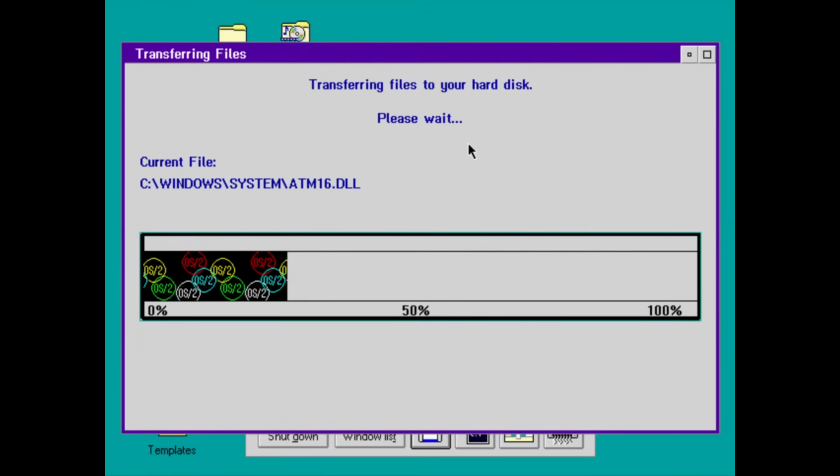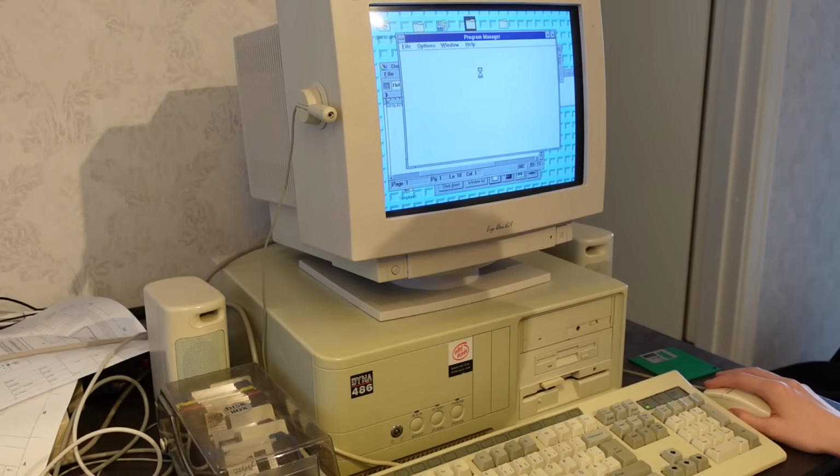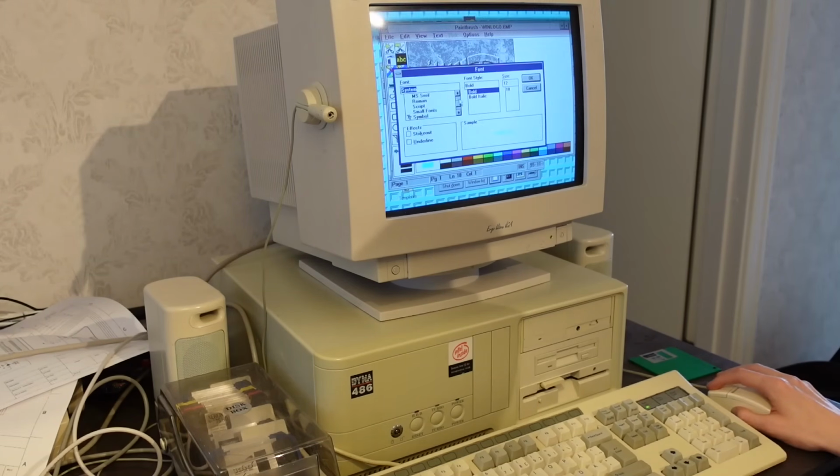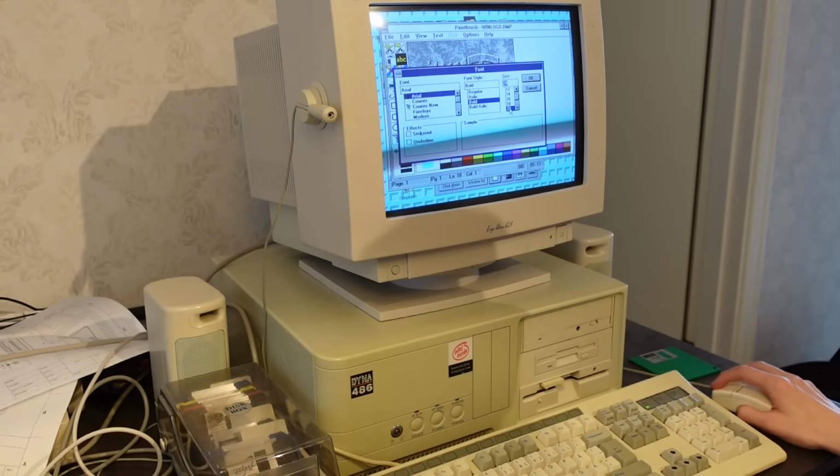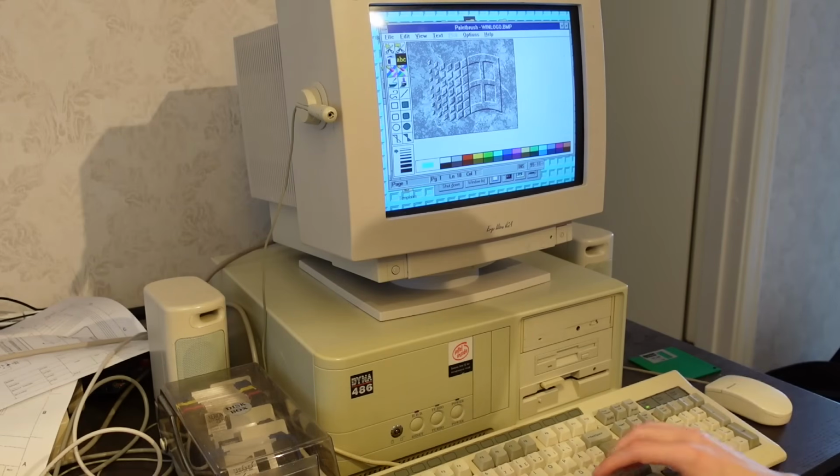OS/2 will then do things to this installation. Afterwards, you can start up Program Manager as a window inside the OS/2 workspace. I was able to get sound working in Windows by installing Sound Blaster Pro drivers via the control panel. The fact that Windows drivers somewhat work in this setup tells me that WinOS2 is bolting Windows onto OS/2 in an unholy way that makes me a bit uncomfortable.